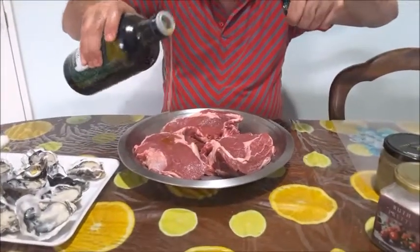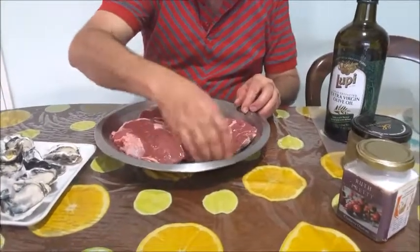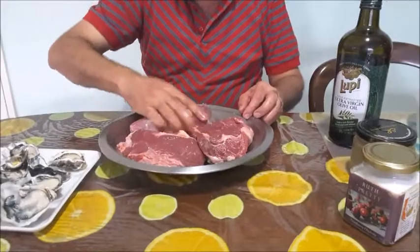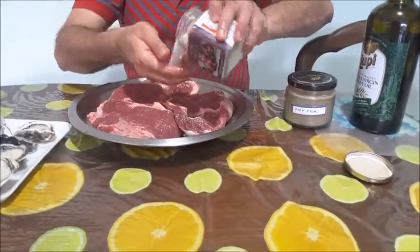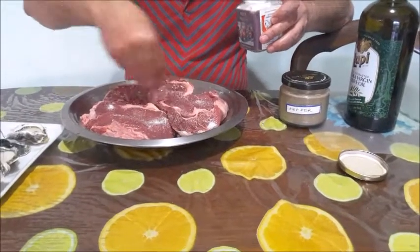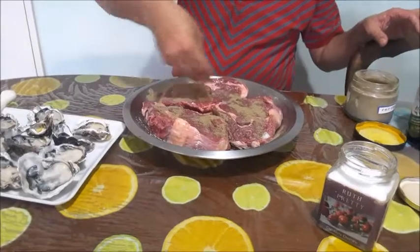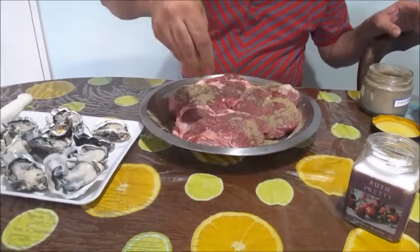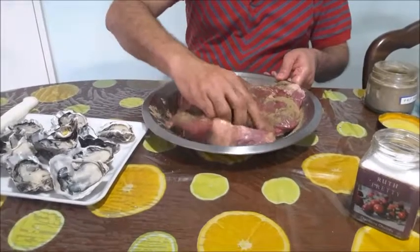And now I've got a little olive oil. I'll just sprinkle a little on that and apply it. I've got a little pepper here, salt and pepper. So I'll brush it with a little salt and pepper. So keep it aside, and then now we'll prepare the